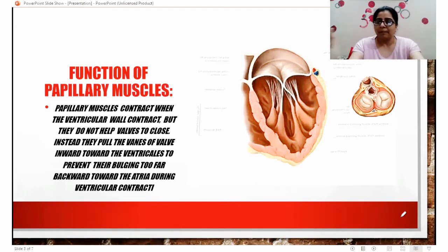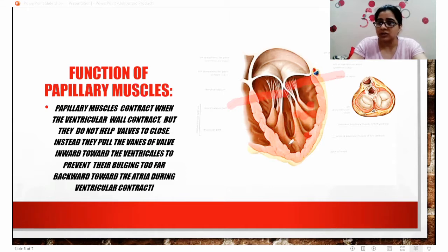Now, the constriction of the papillary muscles depends on the ventricles. So the constriction of the ventricles will lead to the constriction of papillary muscles. If you can see the diagram, let me show you in the diagram. See, these are the papillary muscles. I'm highlighting it with the red color, which are attached to the ventricle side. You can see my cursor also. And these are attached to chordae tendineae. These are chordae tendineae. I'm highlighting it with the red color, if you can see it. These are the chordae tendineae.